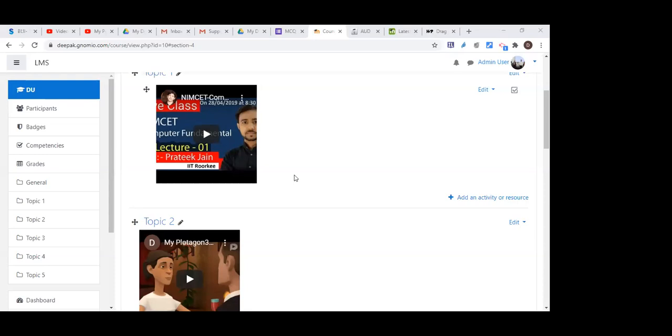How to get the embedded code for a self-prepared video? Just upload the video on YouTube and open the video. It's the same as other videos running. Just right click on that video, like I open my Plotagon video on YouTube and right click on it. The fourth option is here, copy embedded code. I'm using the embedded code, but the video is not visible. Please note down this step again. First click on the HTML button, paste the embedded code, then again click on the HTML button.